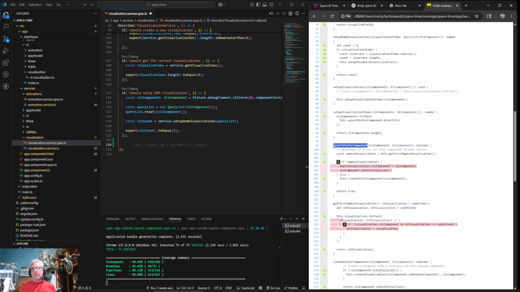And we want to test it if there are no visualizations. Oh, wait. This is if there is an empty visualization. So that's actually going to be tough, a little bit harder, because we actually want to go to get first empty visualization and return something.